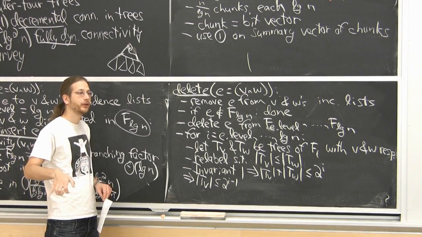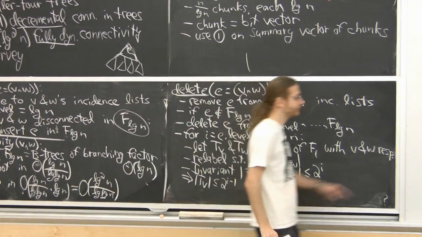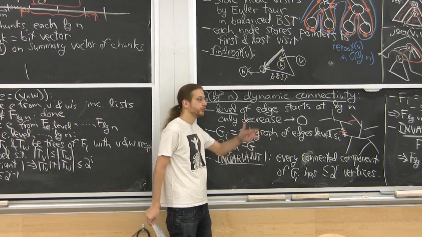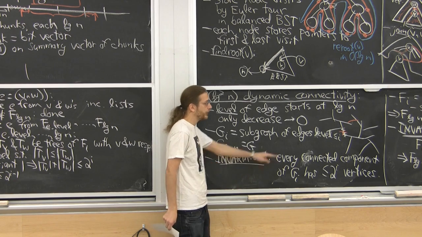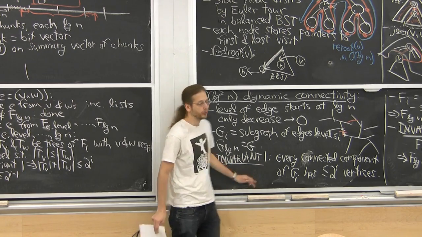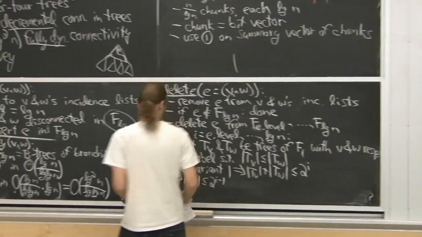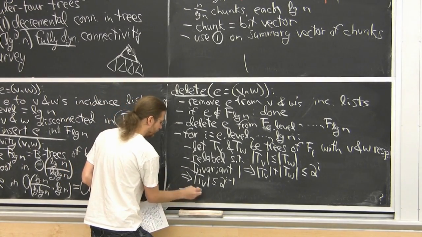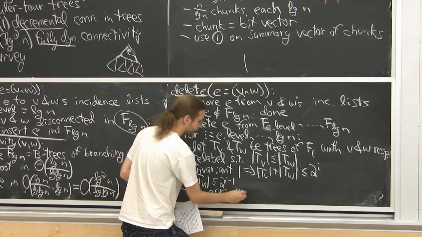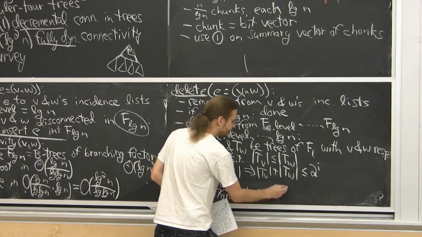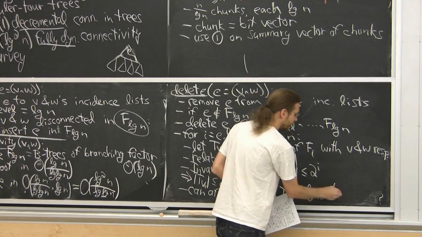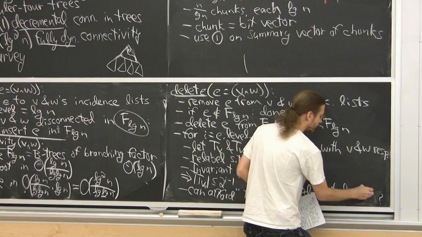We could afford that. What do I mean by we could afford that? We wouldn't destroy invariant 1, because we're taking 2 to the I minus 1 vertices, pushing all those edges down. We don't have to push all of them. We could push some subset of the edges down. Whatever connected component we make at that level will be of size at most 2 to the I minus 1, and so invariant 1 will be preserved. So great. We can afford, in a certain sense of afford, to push all of TV's edges to level I minus 1.